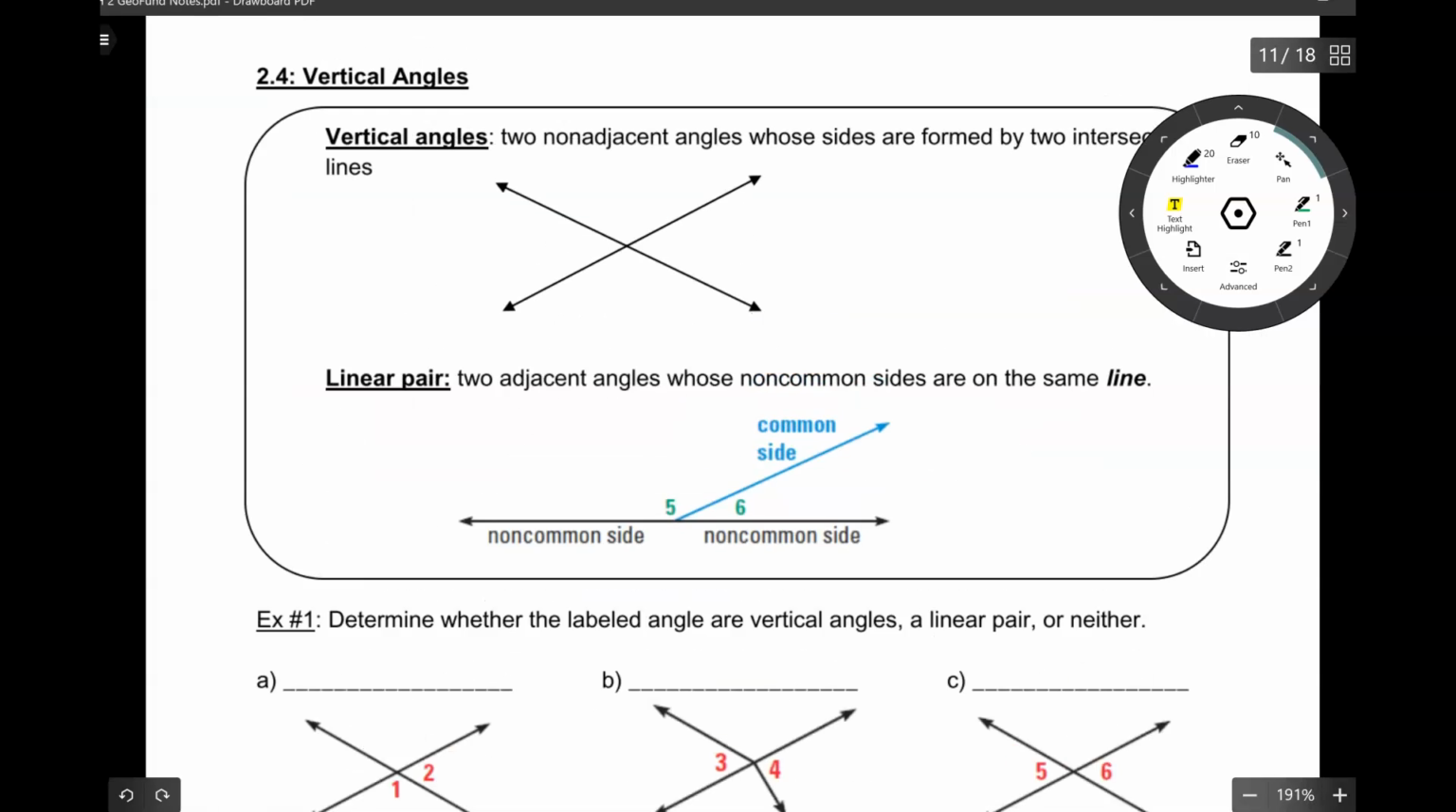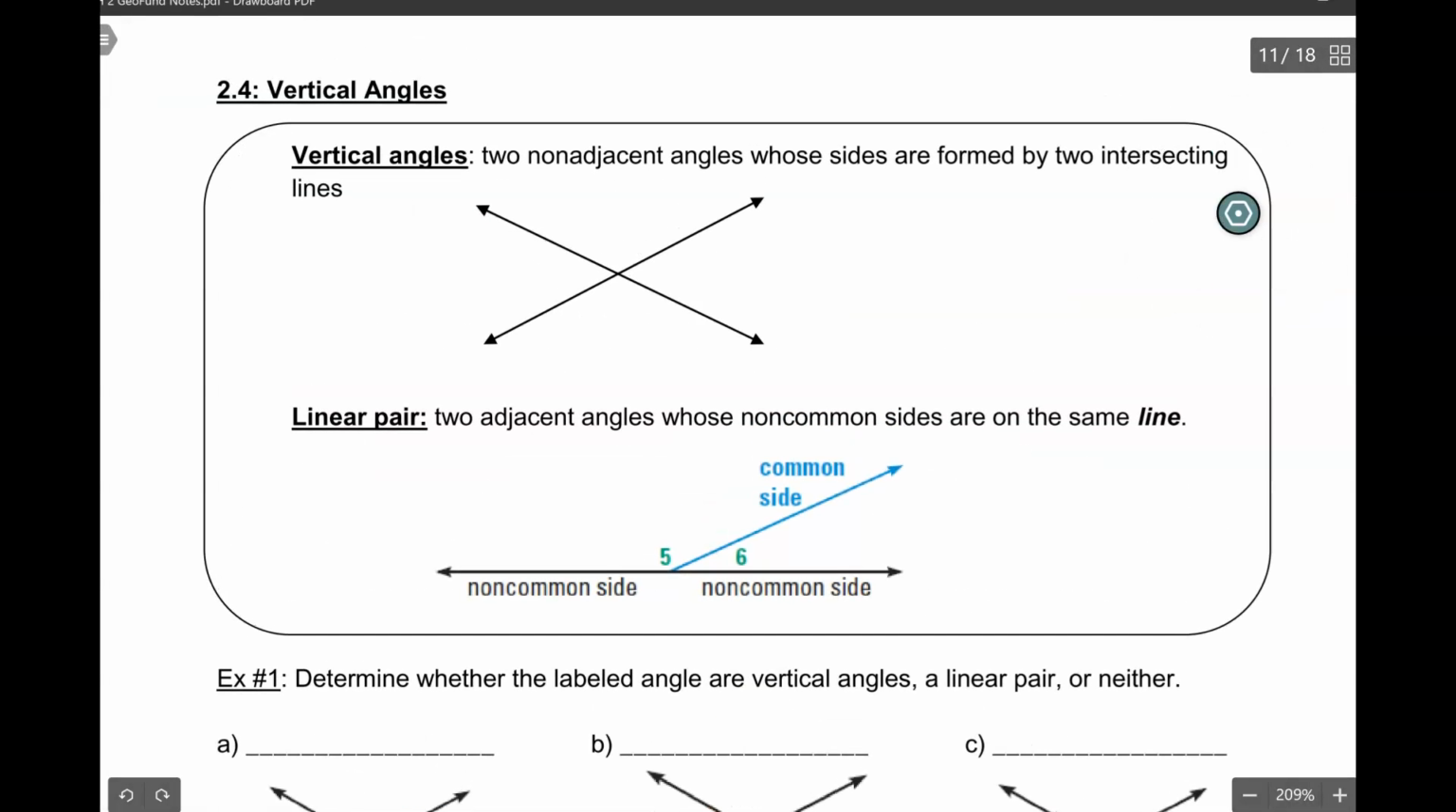This is a screencast for 2.4, vertical angles. Vertical angles are two non-adjacent angles whose sides are formed by intersecting lines. So here's one line, here's my other line, and so I could have two sets of vertical angles. I have this set that's across from each other, and then I have this set in green that's across from